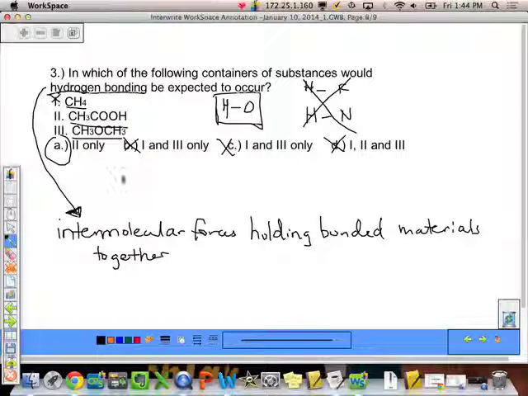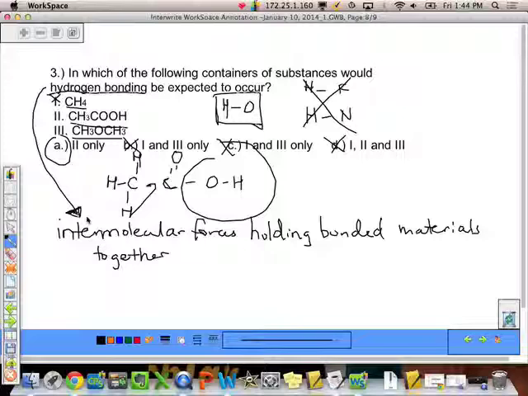I have CH3, C, double bond O, OH. That is my hydrogen bond that I wanted in my Roman numeral 2. Let's double check this last one though, because it has oxygens and hydrogens as well when I draw it out. My hydrogens are there with an oxygen but not bonded to it, and therefore it does not